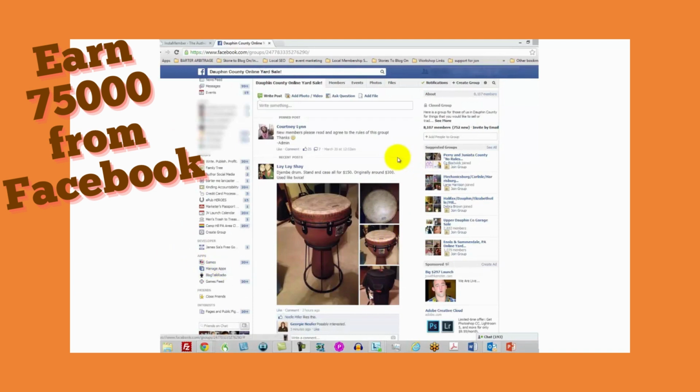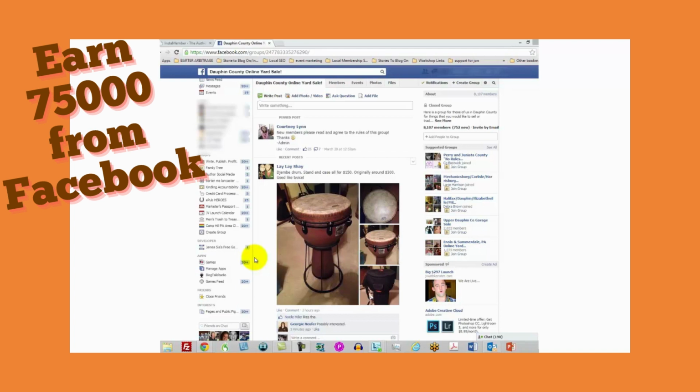Okay, so you're noticing that I'm inside of this group. You probably noticed that here's a set of drums, all kinds of things that people are able to sell. And the people that actually buy and sell on these pages like them because people are not anonymous. So this is somewhere where, once again, if you have something of value, maybe you've got some electronics and you need quick cash, you can easily come to one of these pages and sell something that you know somebody's going to have interest in. You're not going to be waiting on trying to build a list. This is really going to be just straight sales and getting cash. But this opportunity is going to be available to you in your local area.